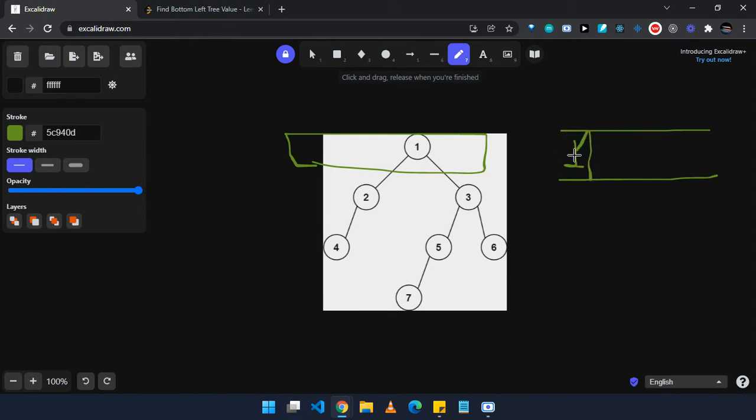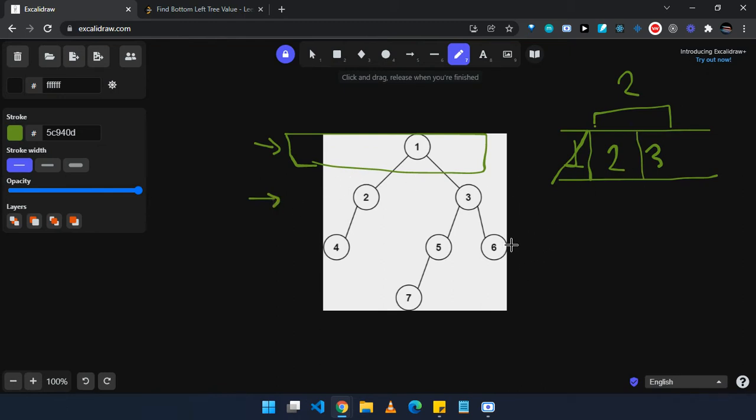Now we'll pop this and push its children to the queue. Its children are 2 and 3, so we'll push 2 followed by 3. Now the size of the queue is 2. This was the first level, and we are now in the second level. So now we will be exploring all the nodes in this level.